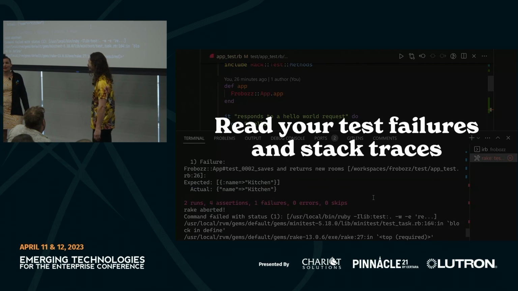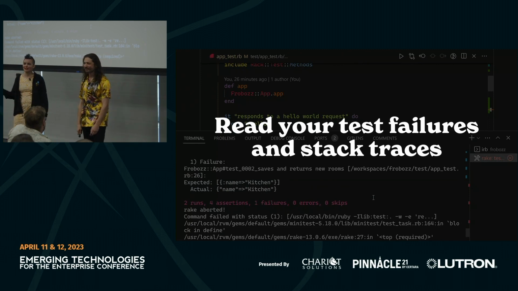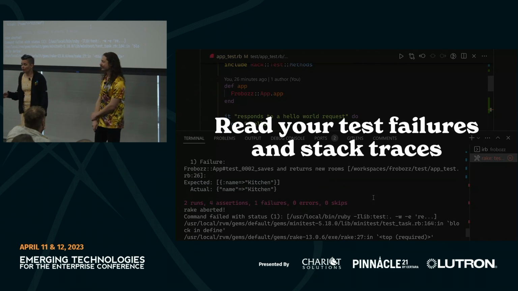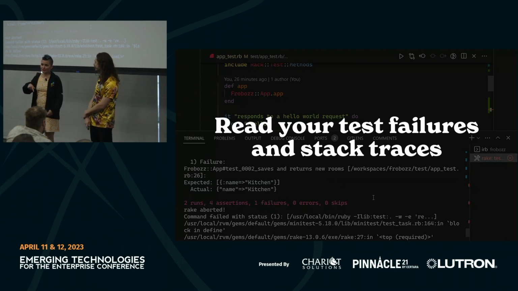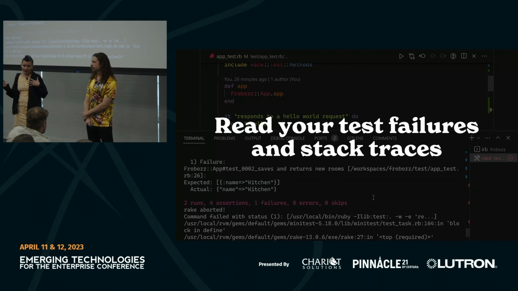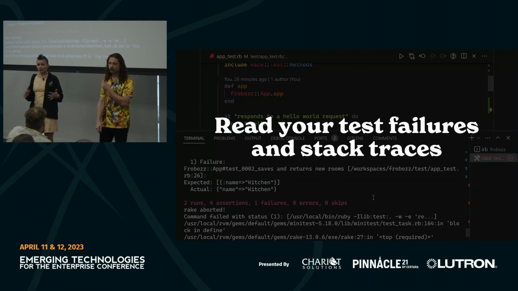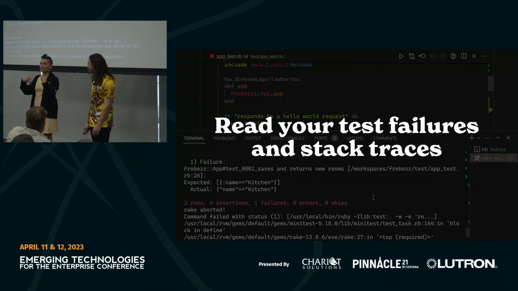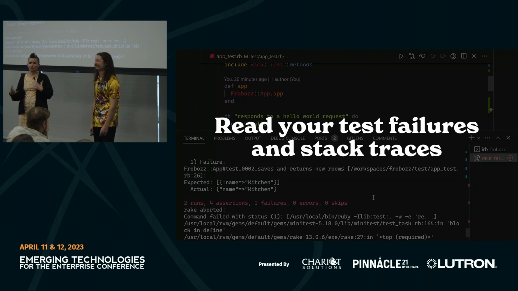But here's the thing. If you run your tests and you don't look at the error messages, then they're not experimental at all. But if you actually do go look at the error messages, then you might learn something. One thing I like to do with unit tests is make them super expressive about what failed and why. When they're green, that can feel like a lot of work. But when they're red is the correct time and the motivating time to make them speak to me about the error so that I can learn more from them.